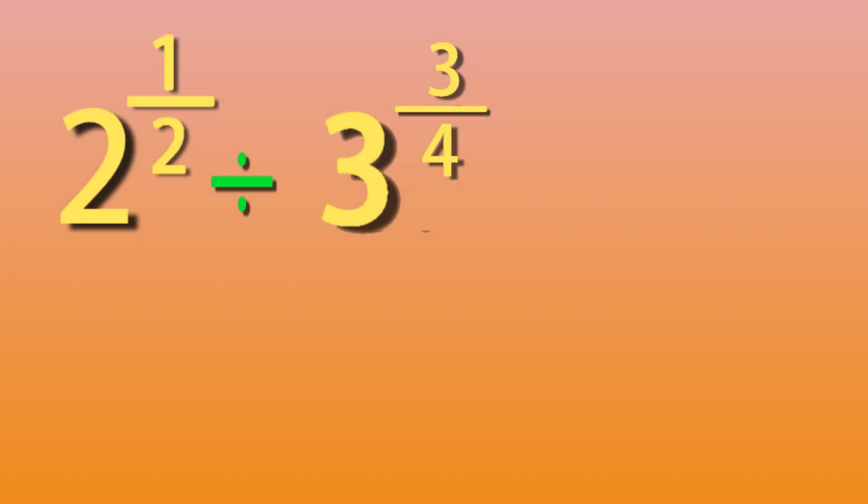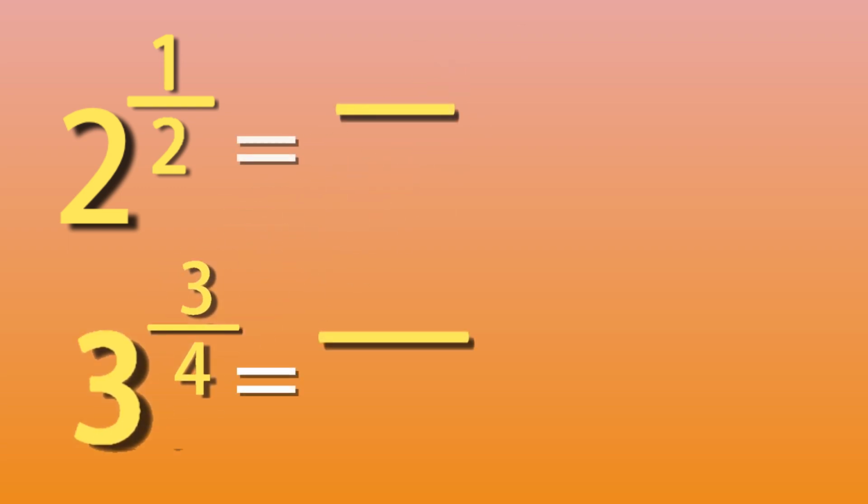Let's take example 2 now. 2 1/2 divided by 3 3/4. In step 1, we convert these mixed numbers to improper fractions. So with 2 1/2, we take a copy of the numerator of the fraction, 1, to the right hand side. Then we multiply the whole number by the denominator of the fraction. That's 2 times 2, which equals 4. And add that to the right hand side numerator. So that's 1 plus 4, which equals 5. Finally, we bring a copy of the denominator of the fraction to the right hand side where it continues to be a denominator. So now we have the improper fraction